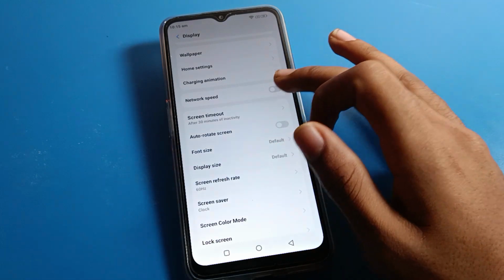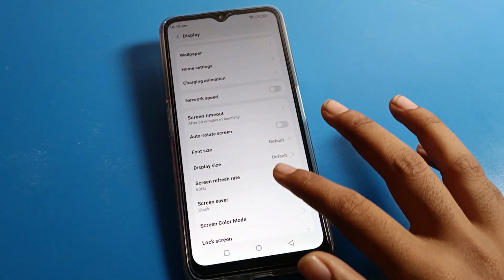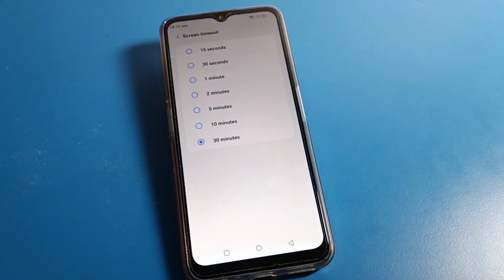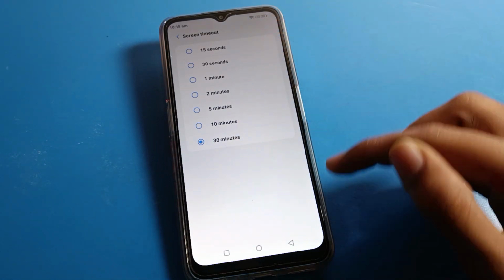Friends, if you want to show your network speed, you can show it from here. So we will turn it off. Then the screen timeout setting is here. Friends, we can change the screen timeout on a lava phone. You can change it to 15 seconds, 30 seconds, 1, 2, 5, 10 and 30 minutes,